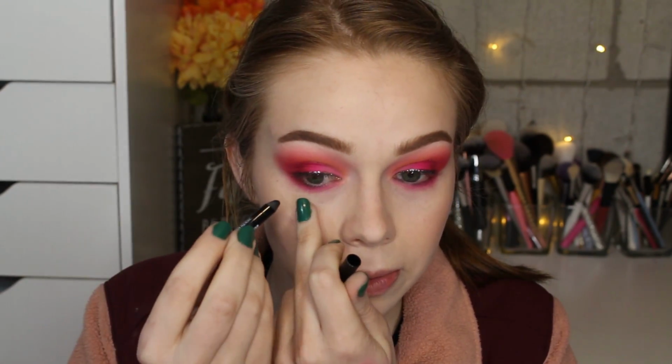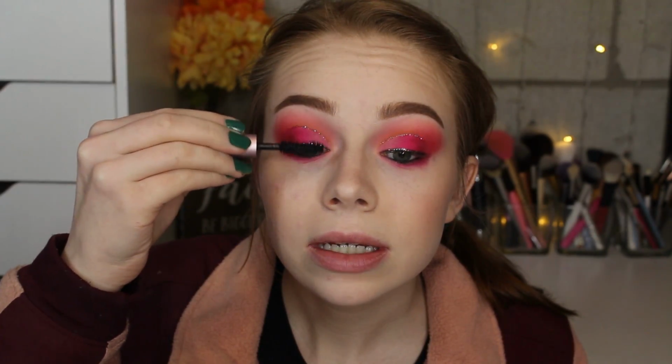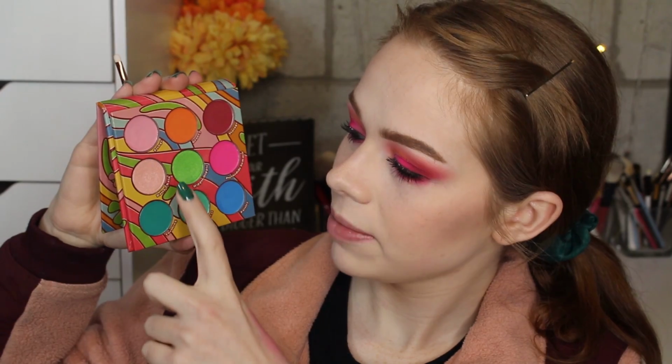I'm just going to go ahead and take a black liner and I'm going to do my waterline. Just going to throw on some mascara real quick. I'm going to go ahead and highlight my inner corner with Daisy Girl. You can totally stop there and I think it is absolutely beautiful, but I did buy some pigments from Peaches